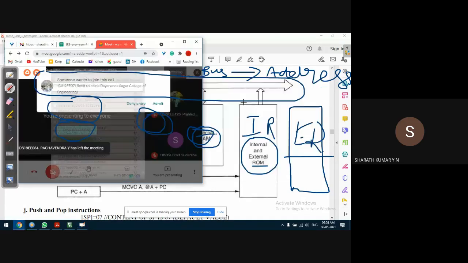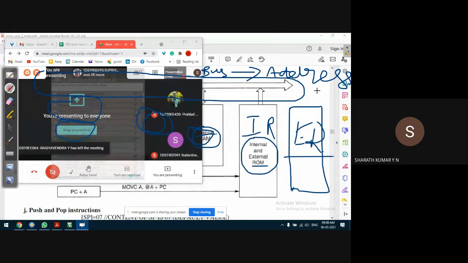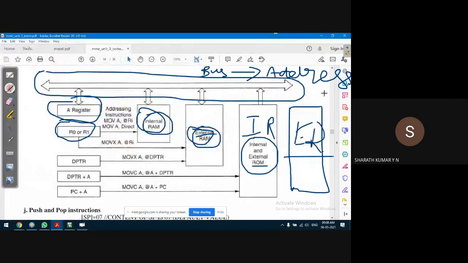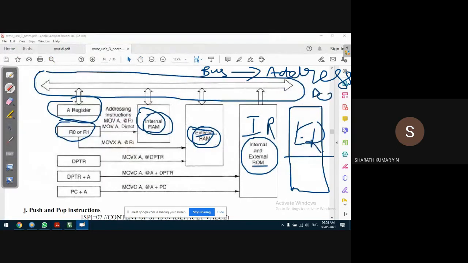It will be separated by the processor. We'll not go into that detail anyway. The internal RAM space is accessed using the move instruction.